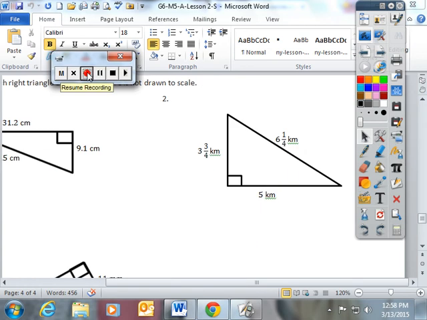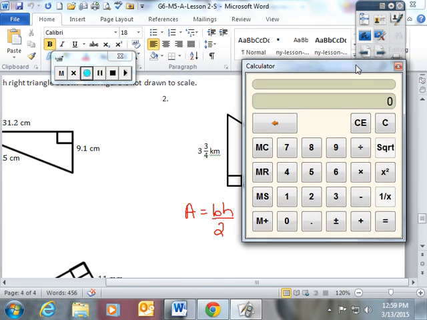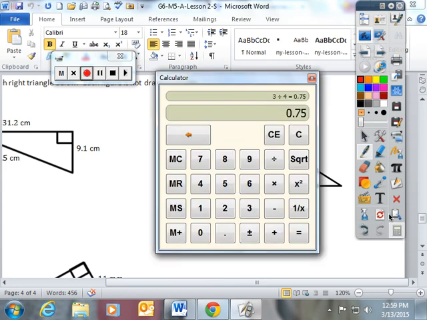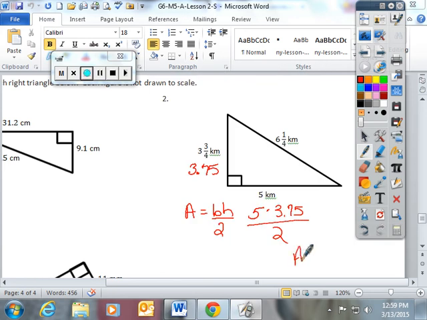Then we talked about doing some with fractions. Area equals base times height divided by 2. And I think the best thing at this point for you to do, if you are allowed to use a calculator, is change the fraction to a decimal. 3 divided by 4. It's 3.75. So now you do 5 times 3.75 divided by 2. And the area of this triangle is